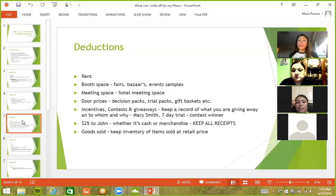Then you're able to write that off. So like the meetings at Doubletree or any other place, they give you a receipt. As long as you're paying, that's also a tax write-off. Door prizes. If you have a sip and see, or a training, any kind of informational meeting, and you give out door prizes, those are also a tax write-off. If you give out decision packs, trial packs, little gift baskets, if you give out water bottles with a Slim pack in it or whatever it is,